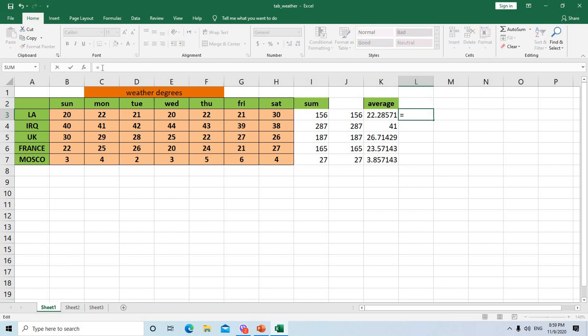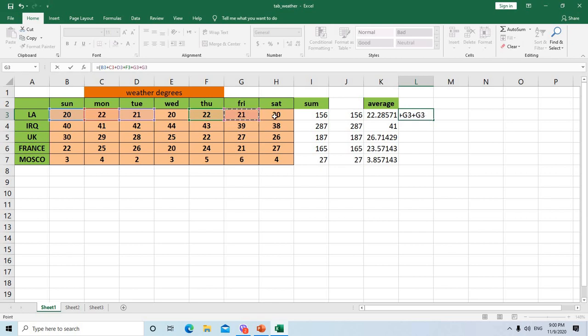We must find the summation of B3 plus, the traditional way to find the average, plus E3 plus F3 plus